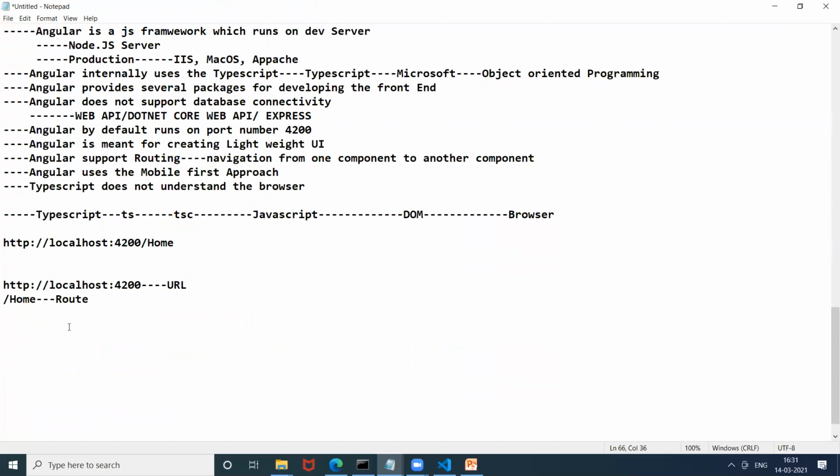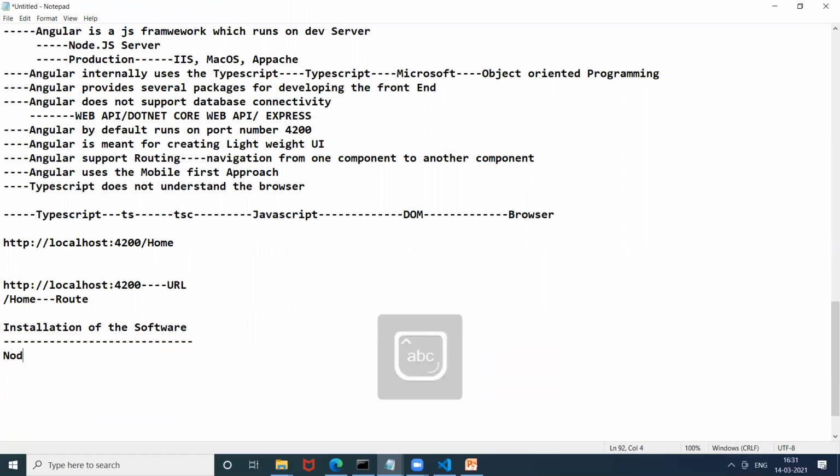Now if we talk about the installation of the software, what we need in this entire training is the Node.js server, then we need npm, we need Angular CLI, and then we need Visual Studio Code.